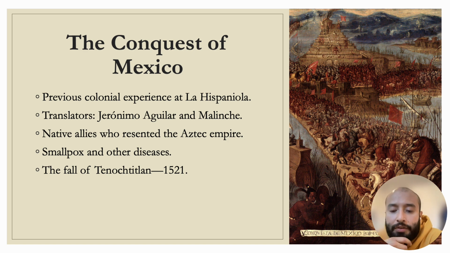So in 1519, Cortés moves to Mexico, and just 2 years later, in 1521, he lays siege to the city of Tenochtitlan, today Mexico City, and the city falls under the control of the Spanish, right? So it's just 2 years, and so the question comes up: how did a very small group of Spaniards, under 1,000 people, led by Hernán Cortés, conquer a very well established, powerful, centralized empire such as the Aztec Empire?